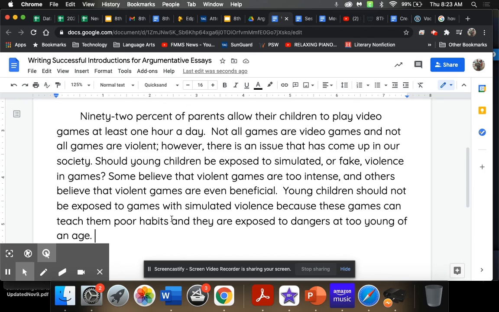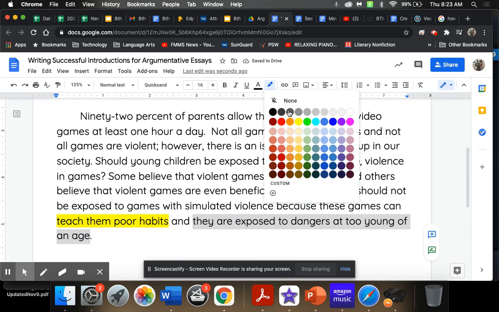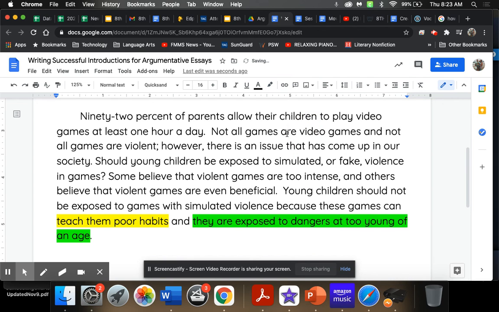What are the two things that are in my claim? So I can clearly see in my claim that one of my body paragraphs is going to be about this. And then my other body paragraph is going to be about this. Okay? So you already have your two body paragraphs. So your claim should be fairly easy to write. The difficult thing or the more tricky thing is to come up with a hook and give that background information today. All right? So we are going to give you about 10, 15 minutes to focus on your intros today. Okay? Let's get going.